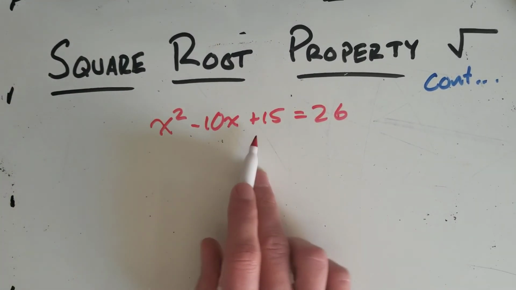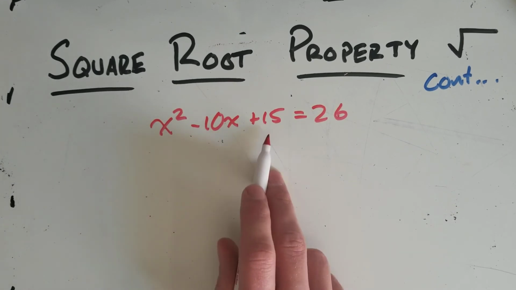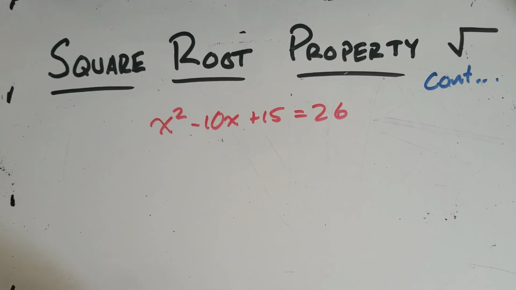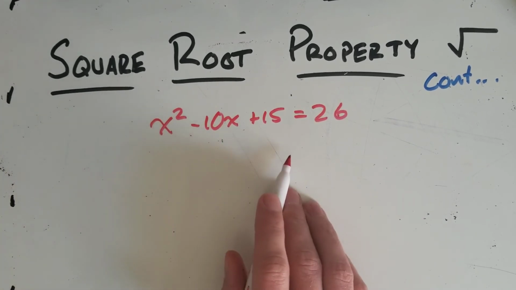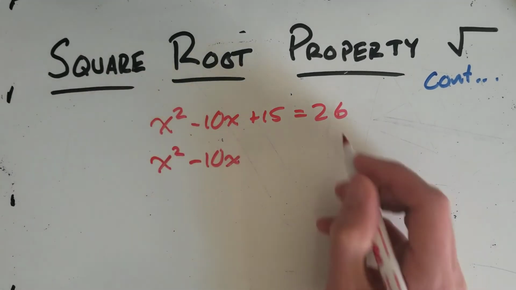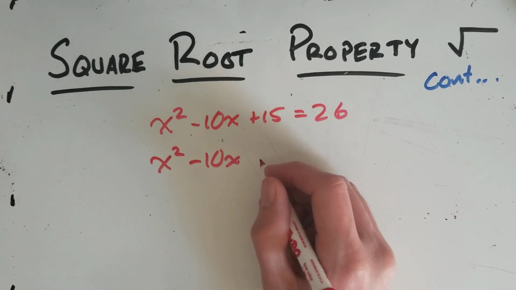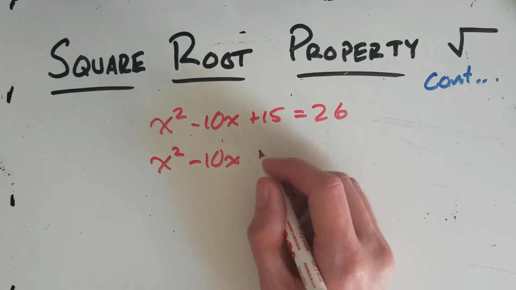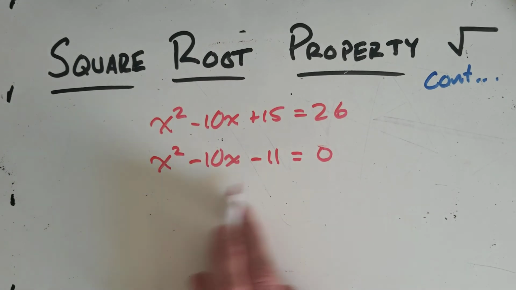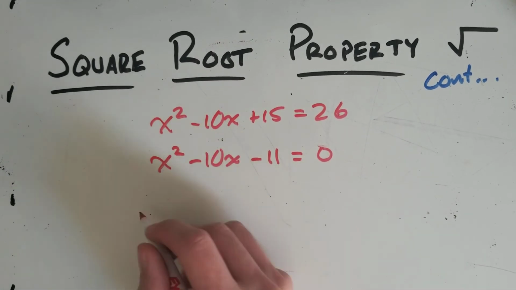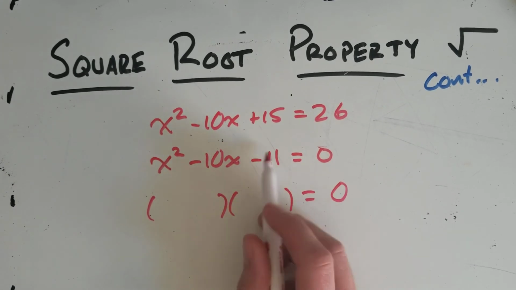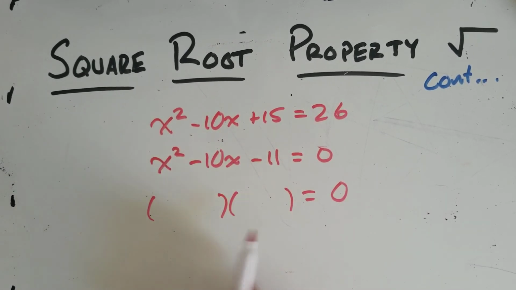So the left side's not a perfect square and the right side's not a perfect square. So square root property might not be the best way to go, but let's go ahead and get everything to the same side then. You can subtract 26 to bring it over here, and when you subtract 26, you're going to end up with minus 11, and have equals 0 over here. And now we can use factoring like we have in the past to set up the zero product property. I know it's not a perfect square because that minus 11 is not a perfect square, so we're going to have 2 binomials hopefully,